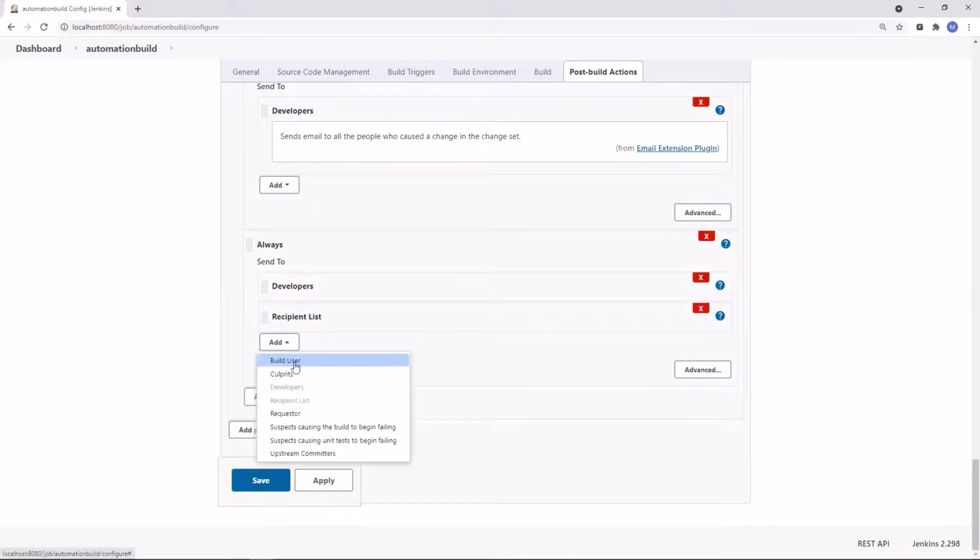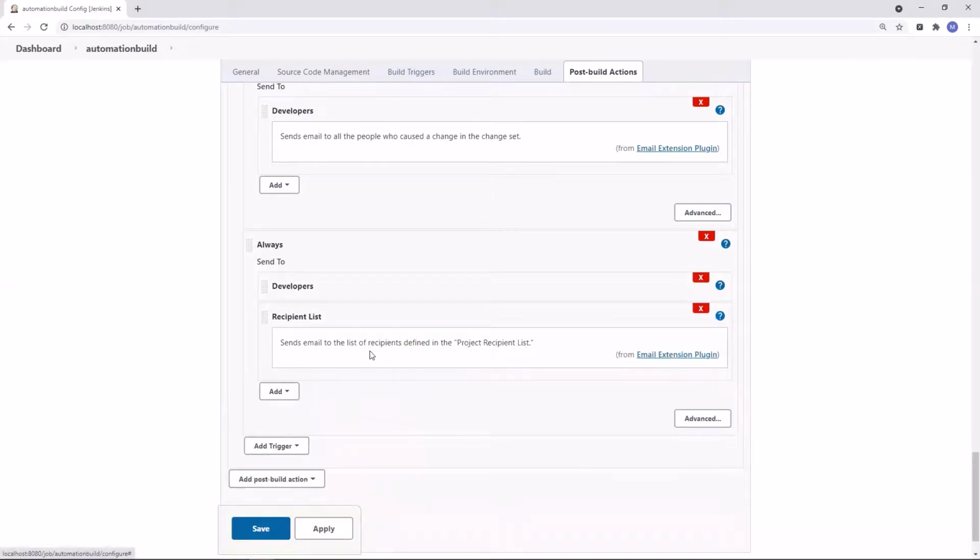And then we can add the send to list, to whom we want to send the email, by selecting the value from this list. This recipient list will contain the email addresses which we have already added in the project recipient list. This is how you can add different triggers and then select different lists.